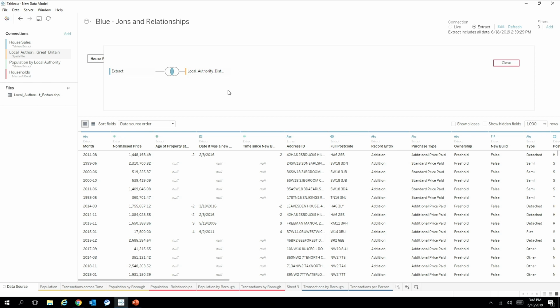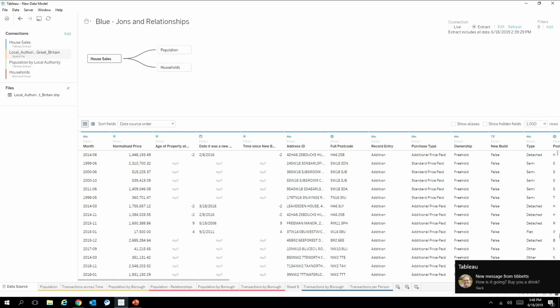is the traditional join experience that you're used to today. And so here, I've joined my regions to my house sales, and I've done an inner join, and so that is going to filter out all of the regions where I don't have house sales. And so in this case, this is prep, this is modeling, is the way we're thinking about it. So the prep interface will generate a single table. The modeling interface, each object represents a